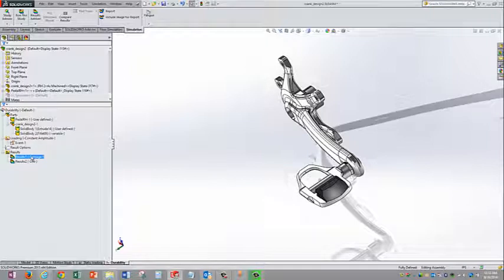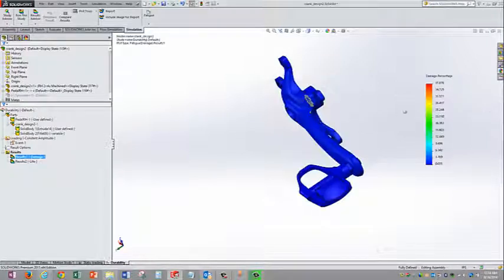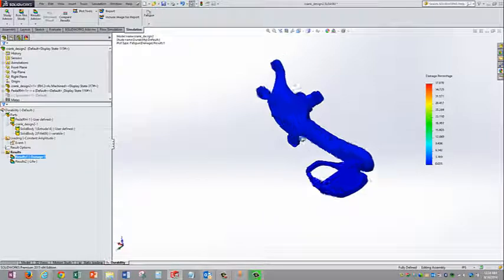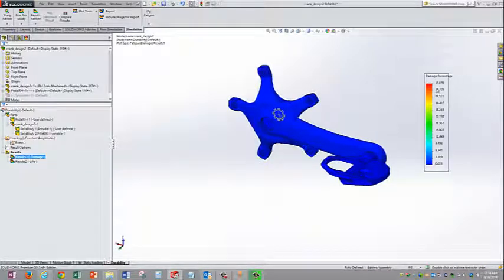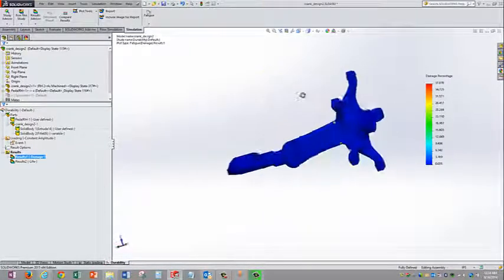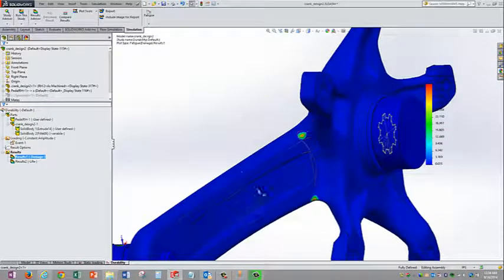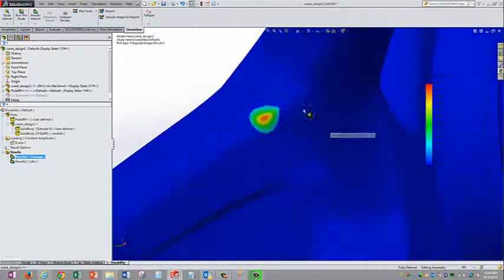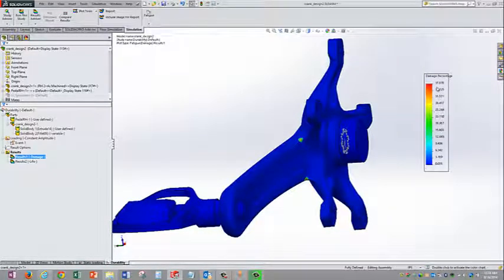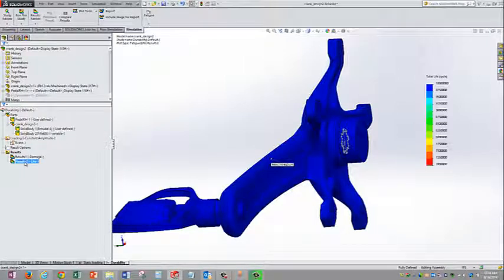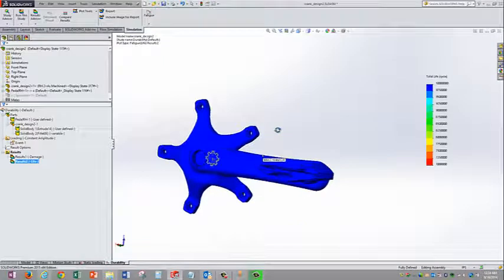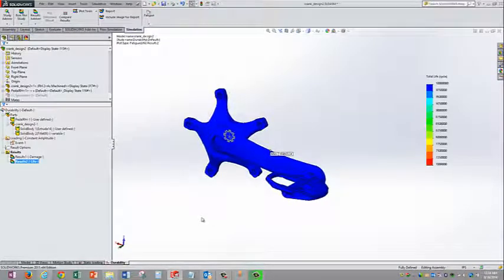On doing the analysis or solving this, we can understand the life that has been consumed or the damage that has occurred in this particular crankshaft. Obviously, most of this crankshaft is good, apart from these localized regions here where there is a possibility for high stresses, and that's what is expected, and the damage is maximum over here, which is up to 37%. And on the same lines, it can also tell us the life that has been consumed, that can also be understood from fatigue. So this is what fatigue is all about.